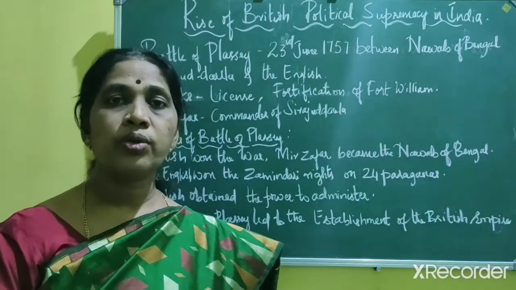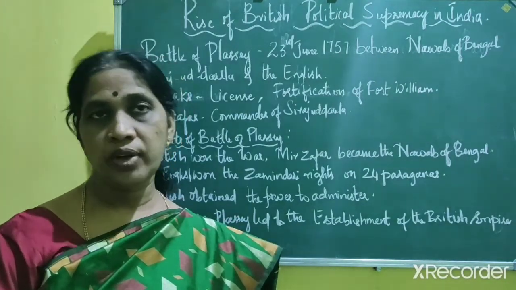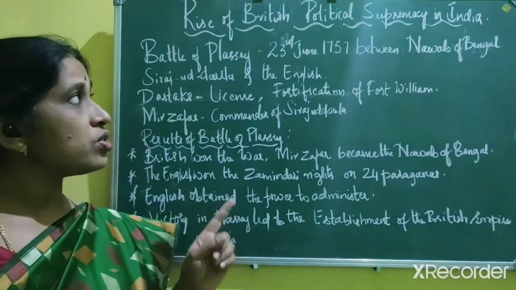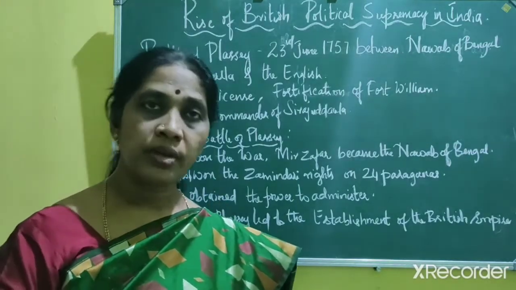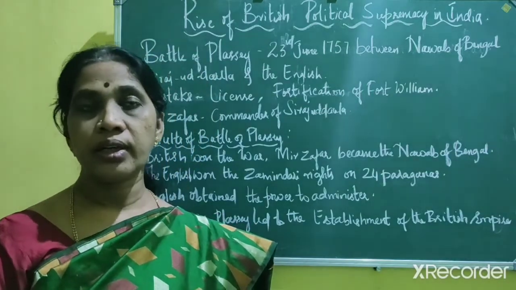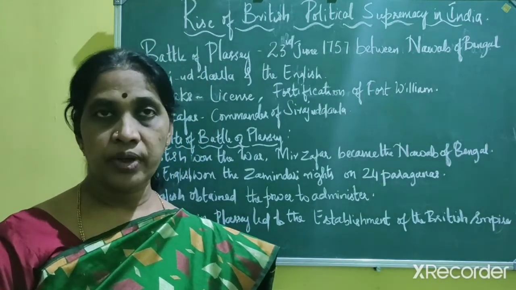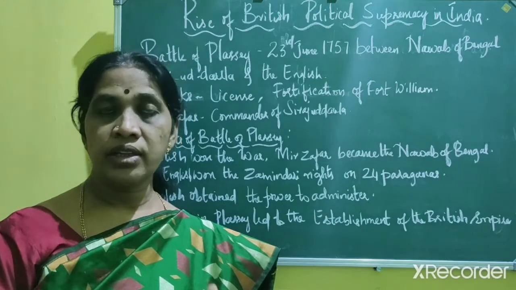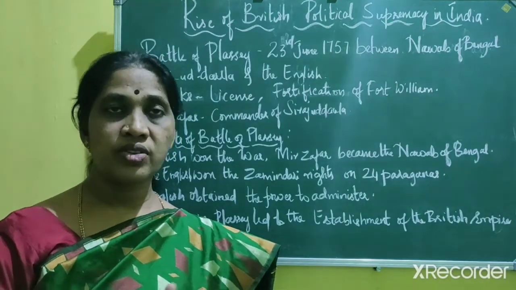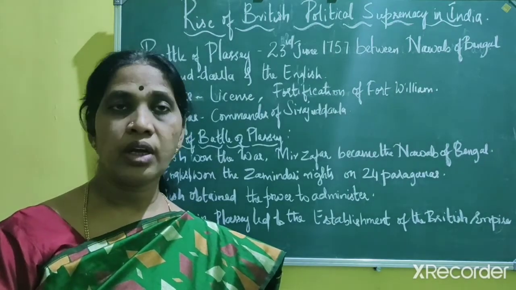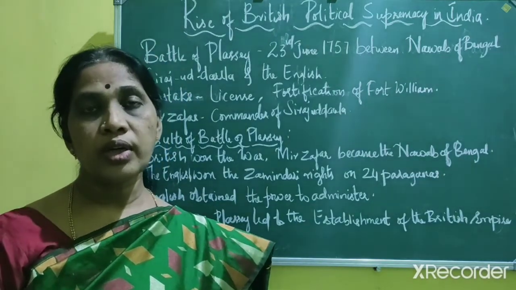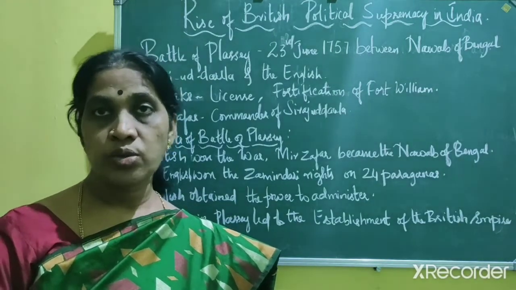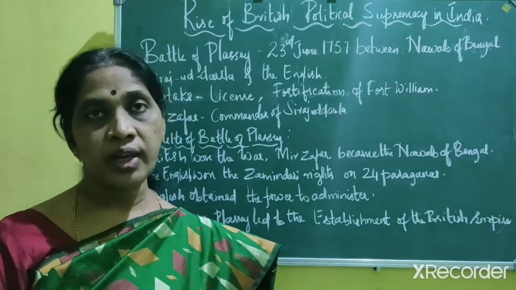Hello students, today I am going to start the second chapter in your history, that is the rise of British political supremacy in India. In the previous chapter you had learned that the British East India Company entered India in the 1600s by seeking the permission from Queen Elizabeth. In this chapter you are going to learn how the British, who originally came as a trading company,